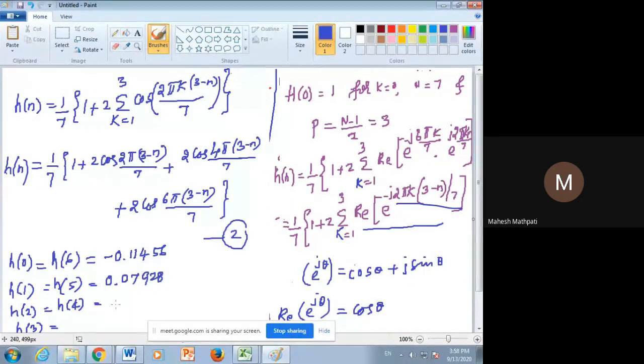And then third is 0.321. Then lastly, we are getting h of 3 as 0.428. Just check the values. Okay, just cross verify